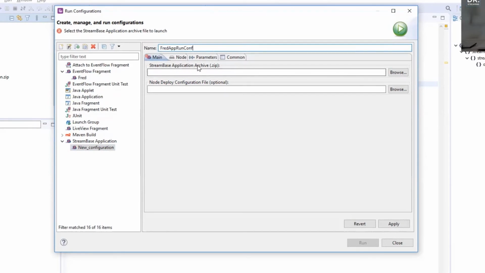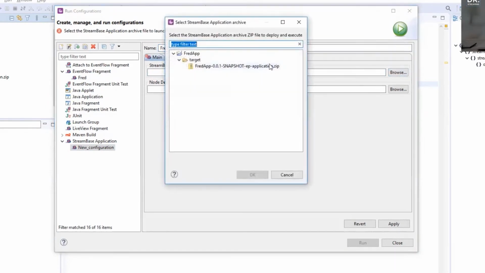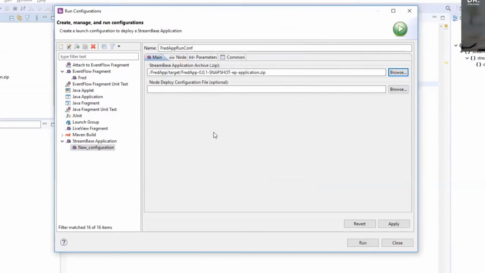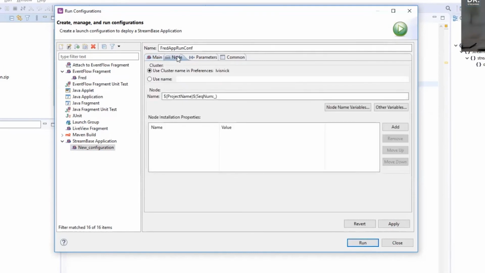And what application archive do we want to run? We can choose the browse button, and then it shows us the only application archive we have in our workspace right now. If you had more than one, you'd have to pick the right one. So now we're going to try to run that application archive, that zip file, and the code that's in that zip file. And on the node tab, we need to do the same thing that we did